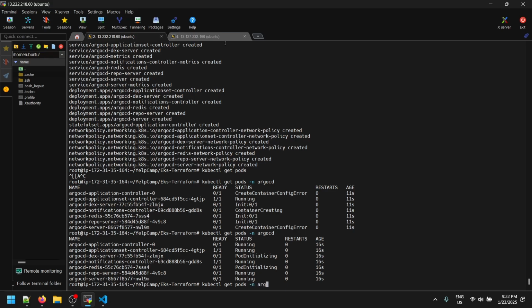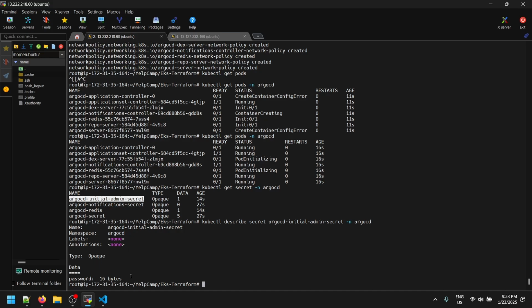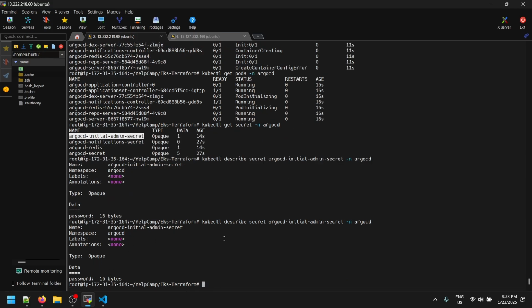Yeah, most of the pods are running. So hyphen n Argo CD, we need to get the secrets. In the secrets, you'll see the admin initial password. So we need to describe the secret, kubectl describe secret hyphen n Argo CD. When you describe the secret,